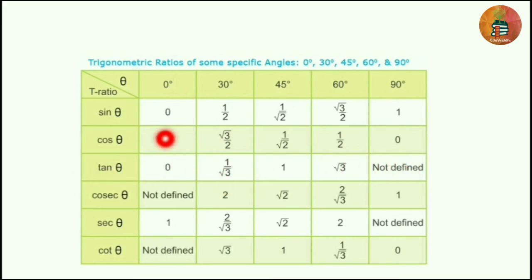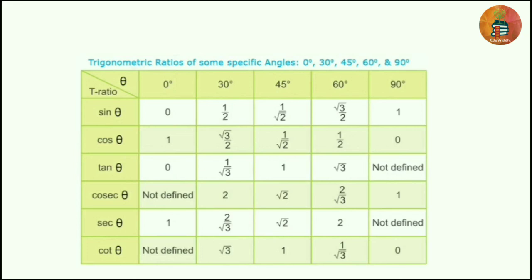And tan 0 is equal to 0, and tan 30 is 1 by root 3, tan 45 is equal to 1, tan 60 degree equals root 3, and tan 90 degree is 1 divided by 0, so it is not defined. And finally we have cosec theta, which is the inverse of sin theta. So if you take the inverse of these values, you will get these values. And similarly, we have values for secant theta, which is the inverse of cos theta. And finally, we have cot theta, which is the inverse of tan theta. So you have to at least know the values of sin and cos functions, so that finally you can calculate